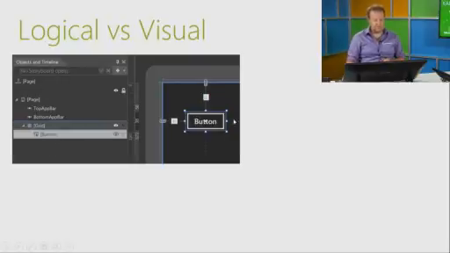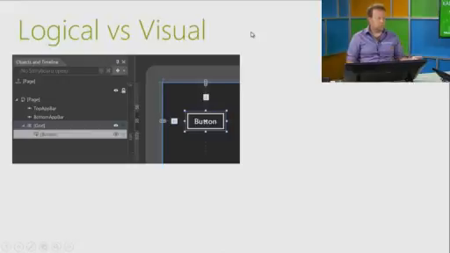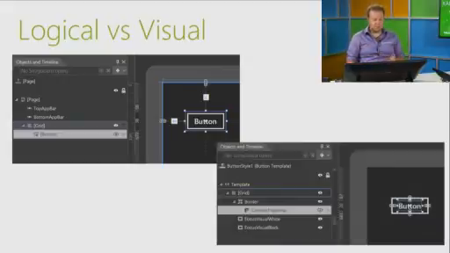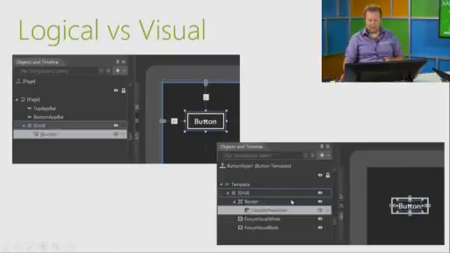Now, you have to think that in order to draw a button, and we'll talk more about that when we talk about templates, I have to tell the framework what composes this button, right? And this is what we call a template. So here I have a template which has a grid, which has a border with a content presenter, and I also have two rectangles here, the focus visual for white and the focus visual for black, because you can have a black or white theme. And of course, when you compose that inner XAML with this outer XAML, then you get what we call the